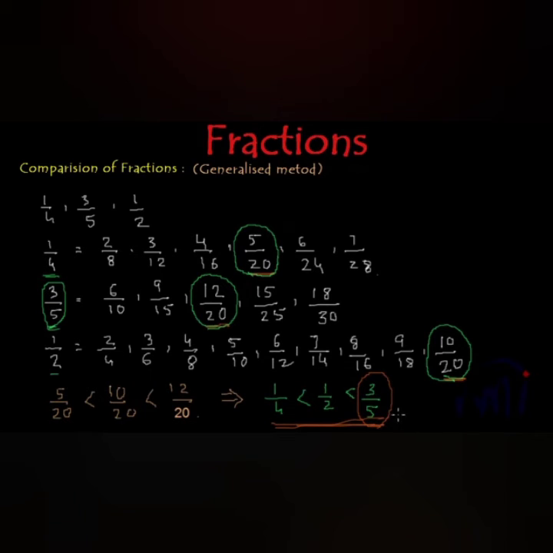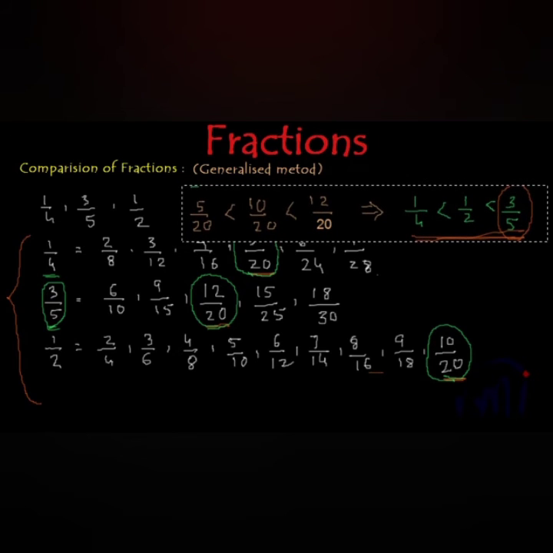So how did we do this? We have written their equivalent fractions till we got the same number as their denominators, and then we have compared their numerators, right? So this is a slightly longer method. We have a shorter method for this, and in that we actually find the LCM, and then we reach these equivalent fractions directly, right? So I'm going to copy this over here, and then we are going to learn the method using LCM.